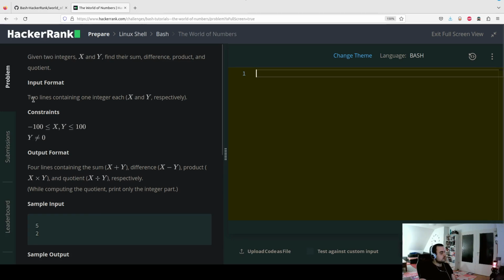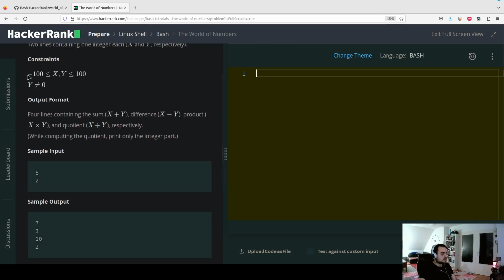The input format: we are expecting two lines, each containing a single integer, so this time no text numbers, but on two different lines. We could also imagine that they would give us those two numbers on a single line separated by a space, but that would be a little bit more difficult to process. It's still possible, of course, to do it in Bash, but it would require us to do some more processing, and that's why I suppose they are giving them on separate lines. And there are also constraints, like the numbers are between -100 and 100,